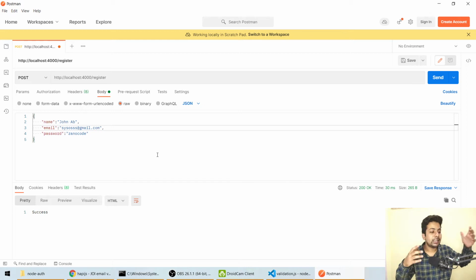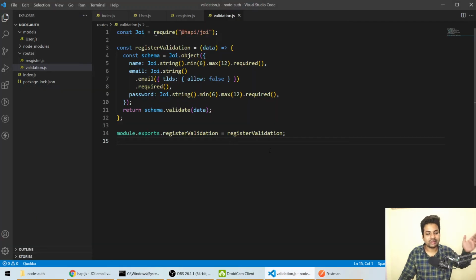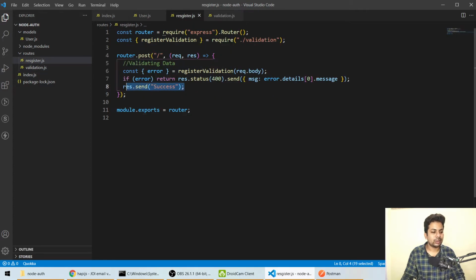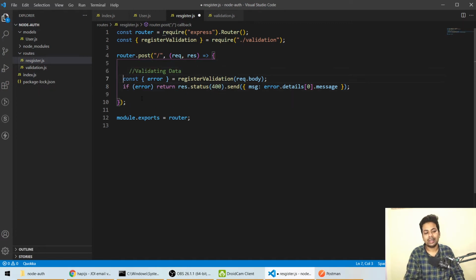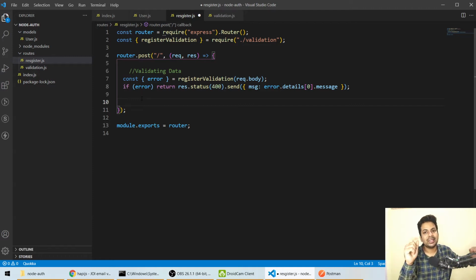So there are multiple options in Joi. You can go to their website and check, like for password also you have multiple options. If I start explaining Joi, it will take a whole lot of time, but you got the brief idea now of how it's validating. So everything is validated now, everything is done. Now we want to upload the data to MongoDB. But there's one more thing: we also have to check whether the data is already on MongoDB or not.